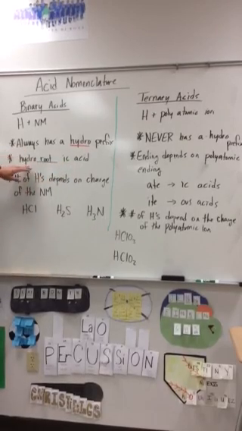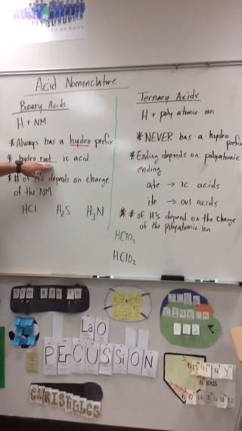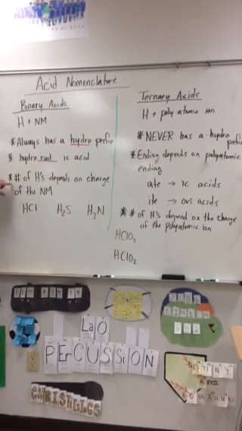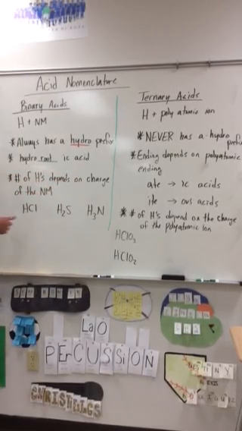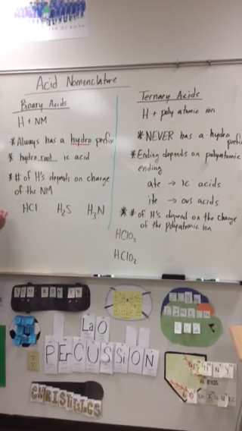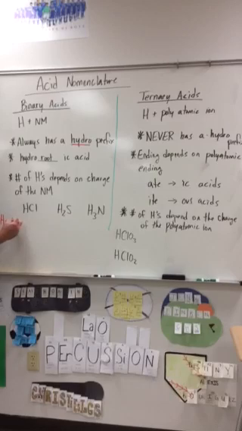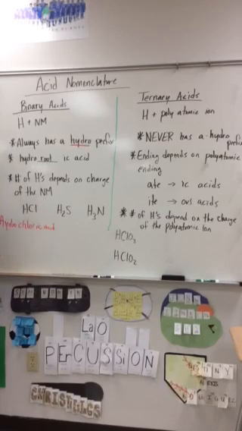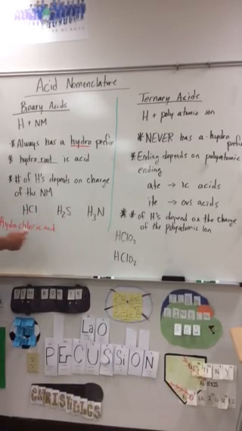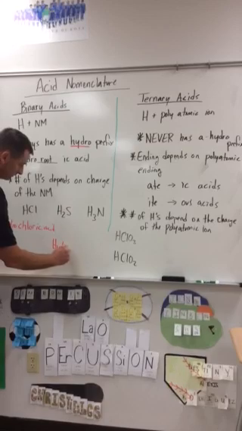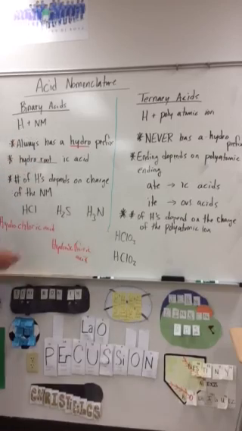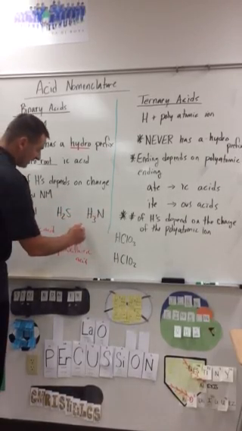So when you write these, it's going to be hydro, the root of the nonmetal, and then it's going to end in ic acid. And the third rule is the number of hydrogens depends on the charge of the nonmetal, so it has to cancel that out. For an example, this is HCl. So that is hydrochloric acid. All right, and then this is H2S. So that is hydrosulfuric acid. And then the last one here is H3N, and that is